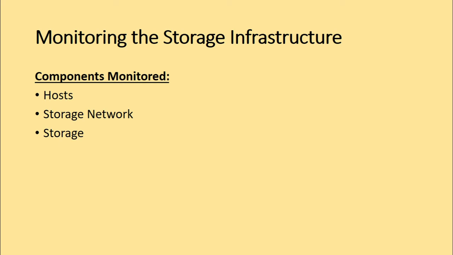So the storage network needs to be monitored to ensure uninterrupted communication between the server and the storage array. Uninterrupted access to the data over the storage network depends on the accessibility of the physical and the logical components of the storage network. The physical components of a storage network include the switches, the ports and the cables. The logical components include constructs such as the zones.